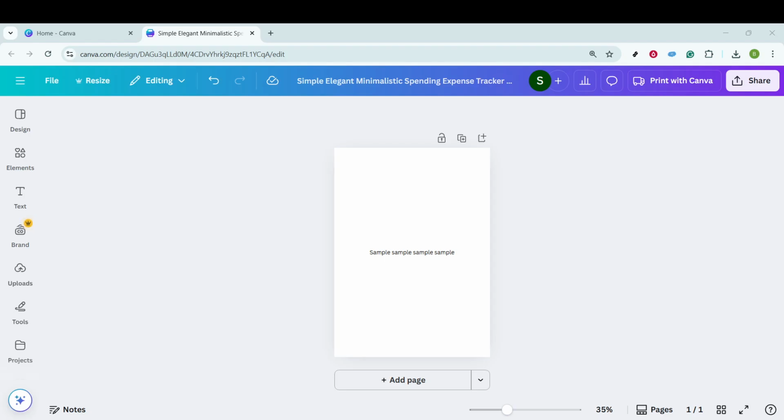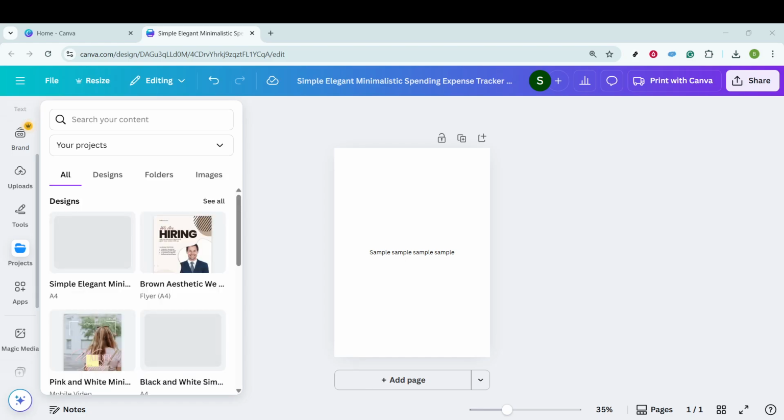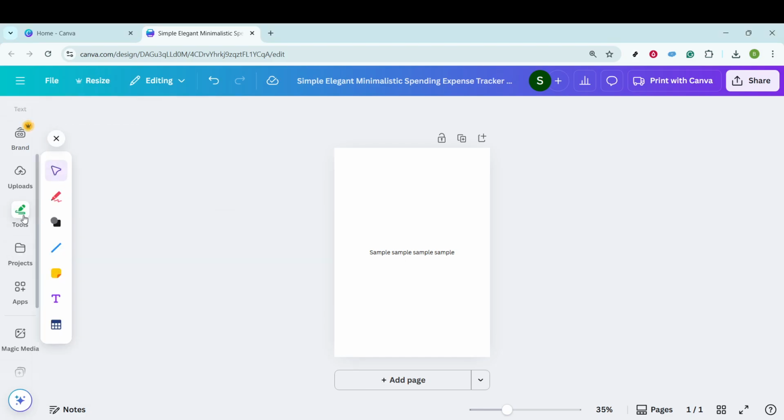Begin your journey by navigating to the Canva design interface. Once you've arrived, your first destination is the top left corner of your screen, where a menu labeled Tools sits waiting for you. This menu serves as the gateway to a host of features within Canva. By clicking on Tools, you'll unlock a variety of graphic elements and text enhancements designed to transform your design into